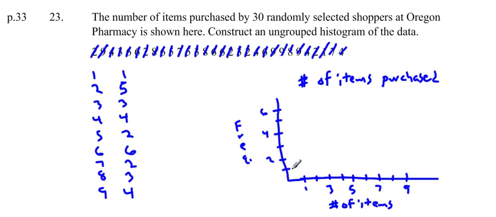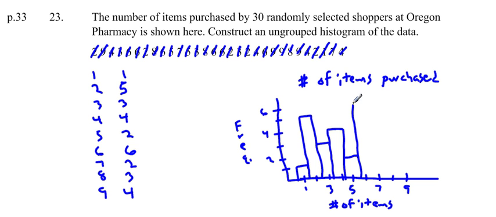Okay. So one person bought one item, so above this tick mark 1 on the bottom, I'm going to make a bar that goes 1 unit high. 5 people bought 2 items, so I'm going to make a bar that goes 5 units high. 3 people bought 3 items. 4 people bought 4 items. And 2 people bought 5 items. And we can continue in this way until we have recorded how many people in that random group bought these